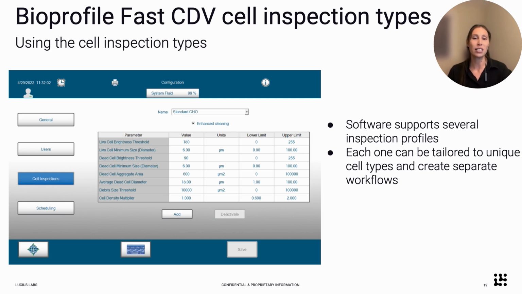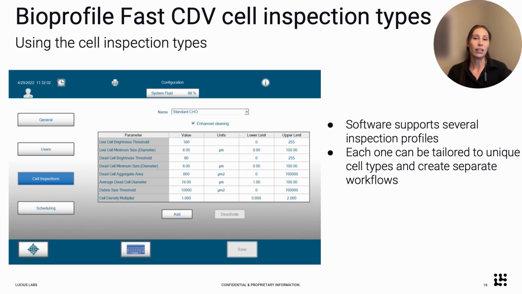We can also adjust things such as the intensity of the dead cells, the intensity of the live cells, and all of these are critical parameters in order to capture the most accurate information for each process, each cell type, and of course, each media condition that we're running. So we're able to do this for whatever cell type that we're choosing to measure,